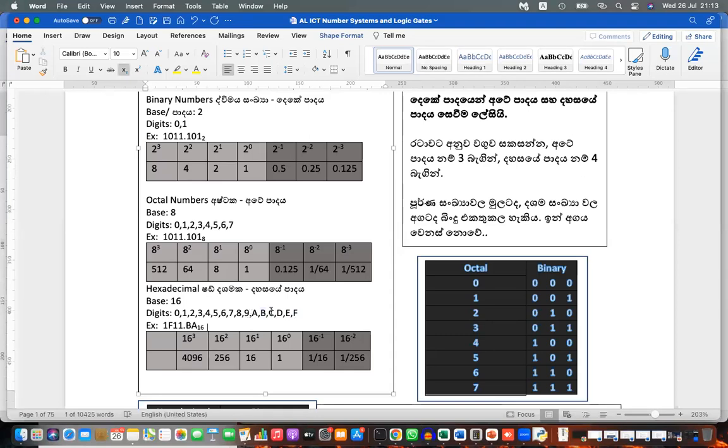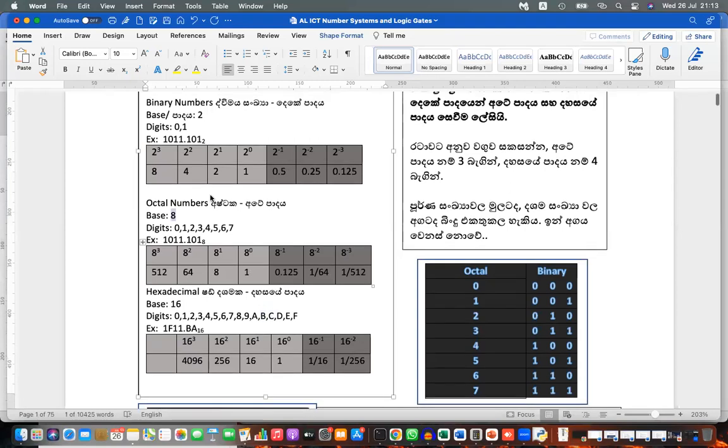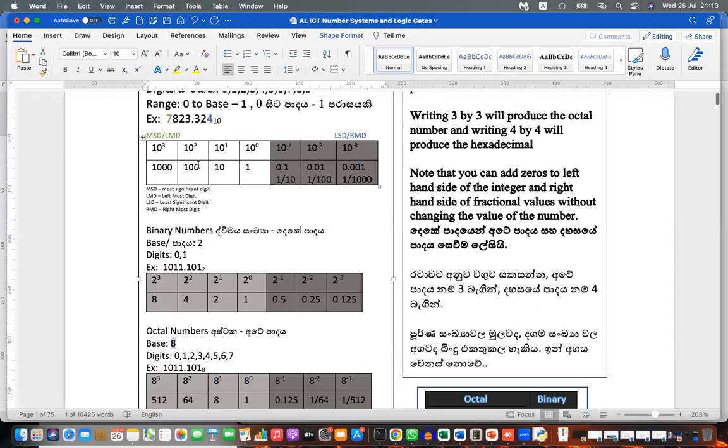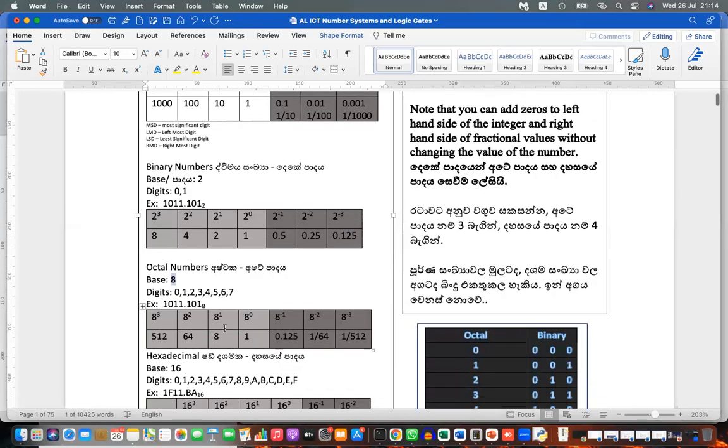For each number system, if the base is 8, the positional values will be 1, then the next position 8, the next position 8 into 8, the next position 8 into 8 into 8. In decimal, 1, 10, 10 into 10, 10 into 10 into 10. 1 into 10 is 10, that into 10 is 100, that into 10 is 1000. In binary, 1 into 2 is 2, 2 into 2 is 4, that into 2 is 8. In octal, 1 into 8 is 8, 8 into 8 is 64, that into 8 is